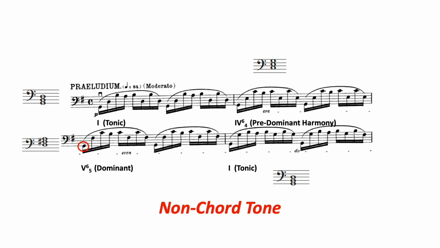Well, it means that the G is not part of the dominant. It's kind of sort of there for some reason other than being a harmonic tone. So there are many good reasons why composers use non-chord tones. Okay, for this G, for instance, Bach probably wanted to continue the texture of the piece, so he decided, well,